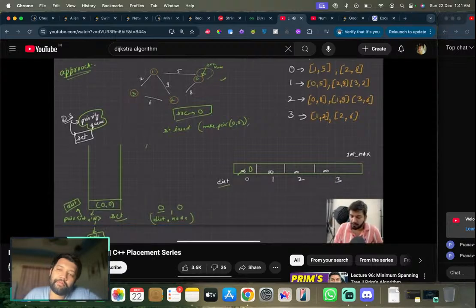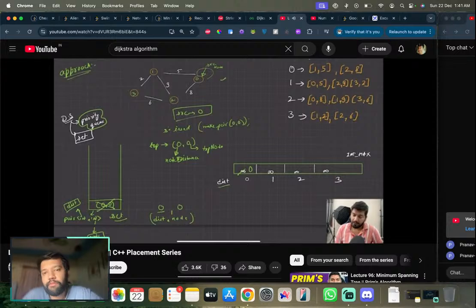हमने क्या किया, सबसे पहले टॉप की नोड निकाल ली। तो टॉप की नोड में क्या आया, हमारा 0,0 हो गया। ये पहला वाला पार्ट डिस्टेंस है, इसको मैंने बोल दिया कि ये नोड का डिस्टेंस हो गया, और दूसरा वाला टॉप की नोड का नाम हो गया, टॉप नोड हो गया। ये बात समझ में आती है। जब मैं टॉप की नोड को निकाल लेता हूं तो मैं उसको यहां से हटा देता हूं, ये भी मुझे पता है।